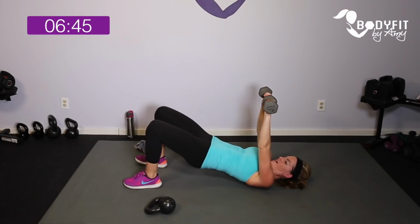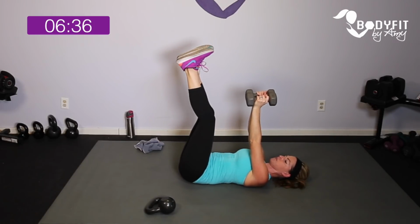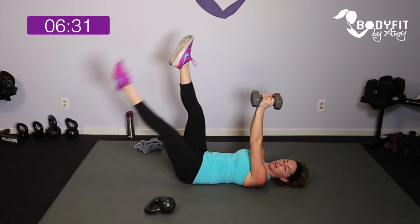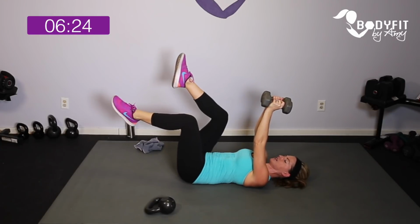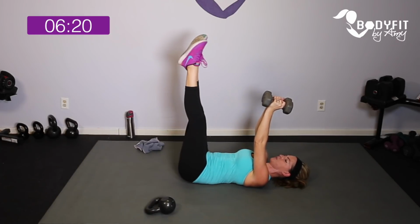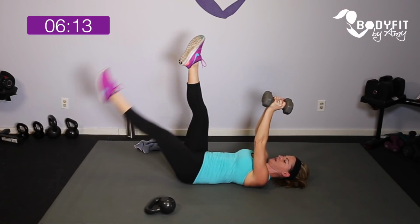We did a lot of work for our lower body, but now upper body, and relax. One or both dumbbells. If you can do both, bring them up. You can even push them towards each other, and then scissors one more time. And squeeze. 20 seconds. If it bothers your back, just keep it a little higher, right? Or bend those knees. You can go here too. If you can, get low, squeeze them in. Low, squeeze them in. 4, 3, 2,